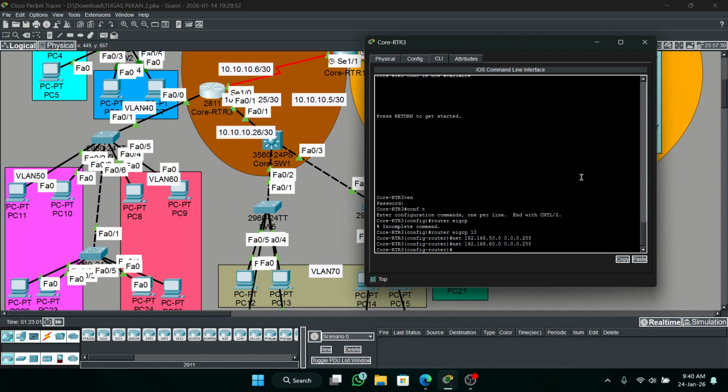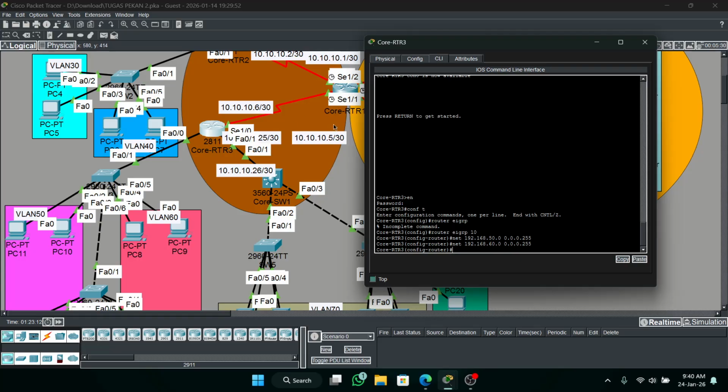Oh wait, oh no, this is not router 3's network. His network is just VLAN 50, 60. This is to the MLS and like this to the RTR1. So this is correct. Next, network 10.10.10.